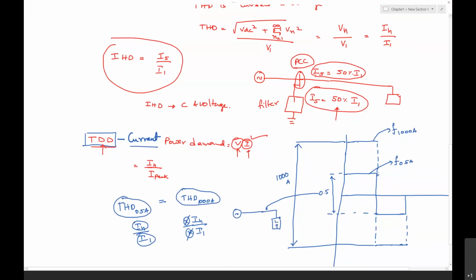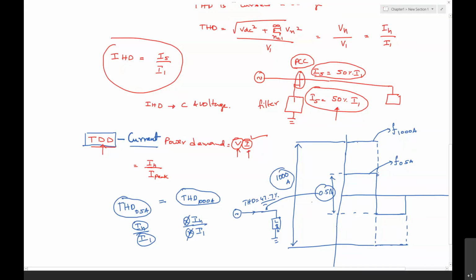Even if you think about a source drawing this particular current of 0.5 amperes by one particular load, the THD is 47.7 percentage, and both the signal of 1000 amperes and the signal of 0.5 amperes have the same THD. Now, a 0.5 ampere current having a THD of 47.7 percentage may not look considerable, because the current itself is very low when you compare it with the current of 1000 amperes peak to peak.